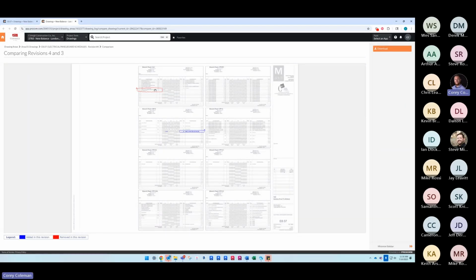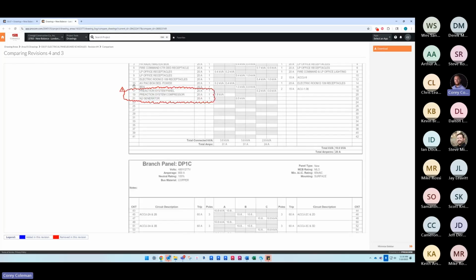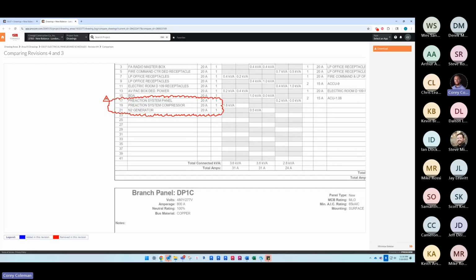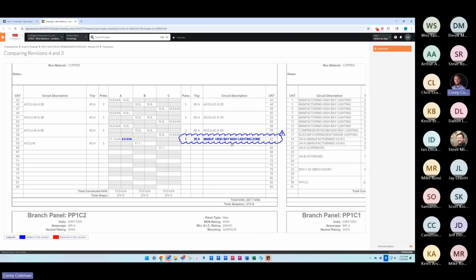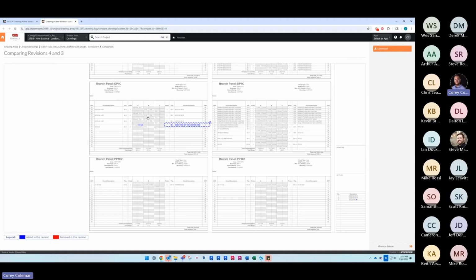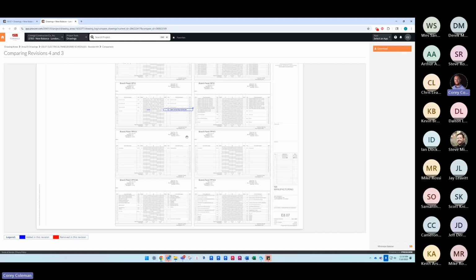And as you can see, this red was removed. So they just removed the cloud from the last revision there. And then they actually added just this one little breaker in this revision on this drawing. Additionally, if we go